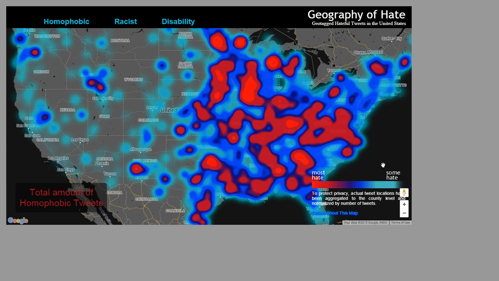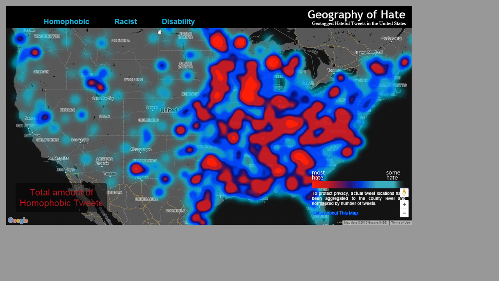what they're looking at here is tweets, actual Twitter tweets, and they're taking the geographic information of the tweet itself, and about anywhere from 10 to 20% of tweets have a latitude and longitude. They're turning that data into an actual point, a vector point of latitude and longitude, and then they're sending it to a density surface. So where there's a lot of points, where there's a lot of activity in the geography for a certain category of tweet, they're making a raster, a hot zone, what they're calling more hate versus less